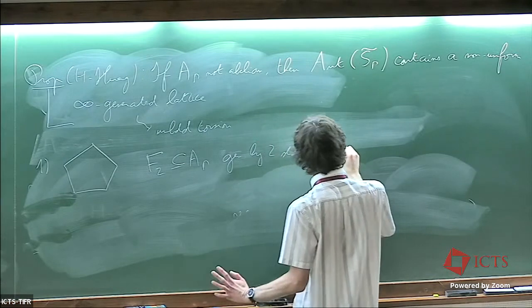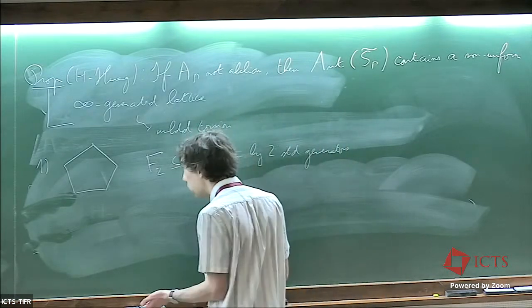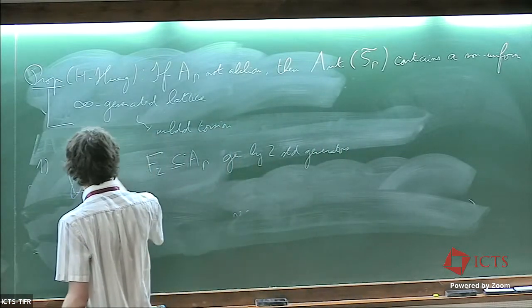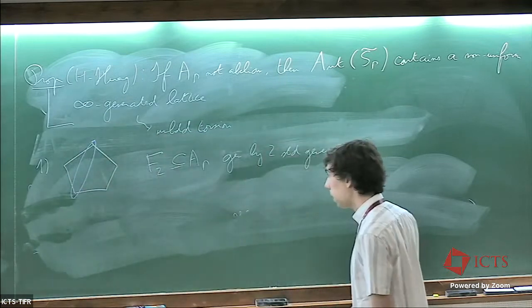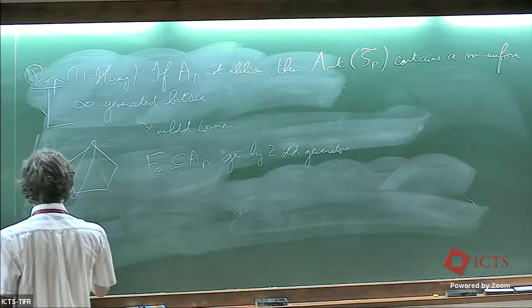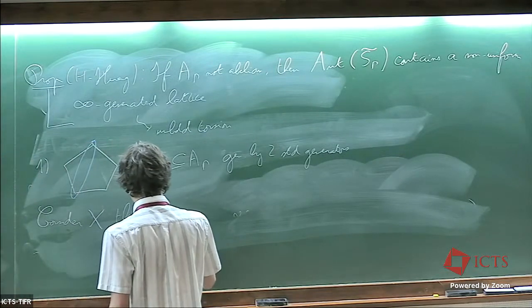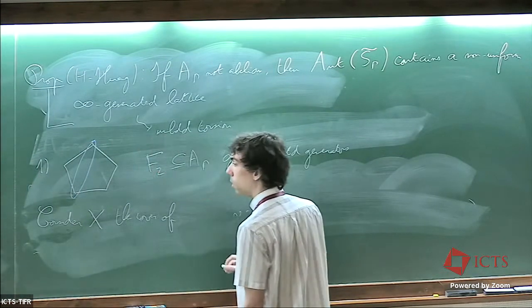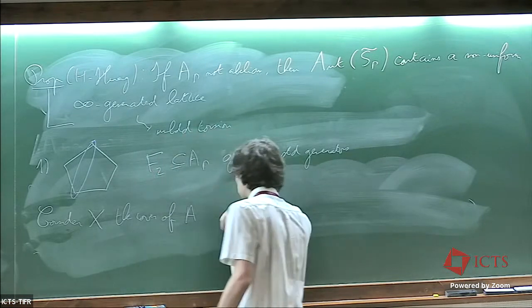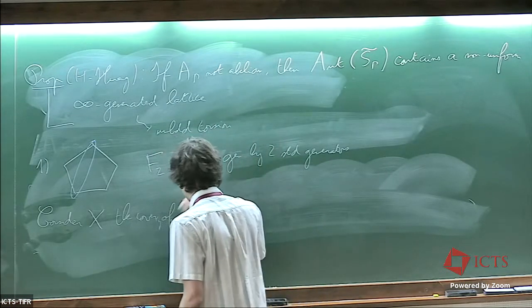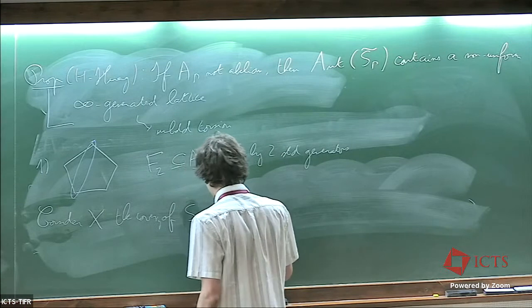So it's just two vertices in the graph that are not adjacent, right? So for example, this one. And you consider X to be the covering of the Salvetti complex associated